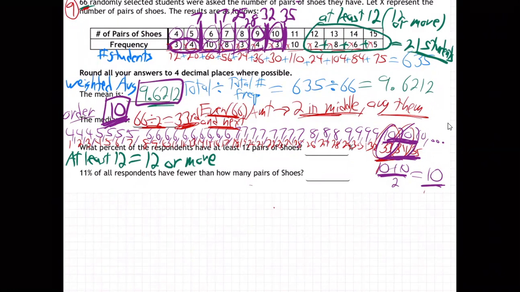So that's 21 students, but they want percentage. So that's going to be 21 out of 66 total students, right? You just have to divide by the total. Whenever you want to get a percentage, let me write that. It's the number of students over total students. So it's 21 over 66, which comes out for me